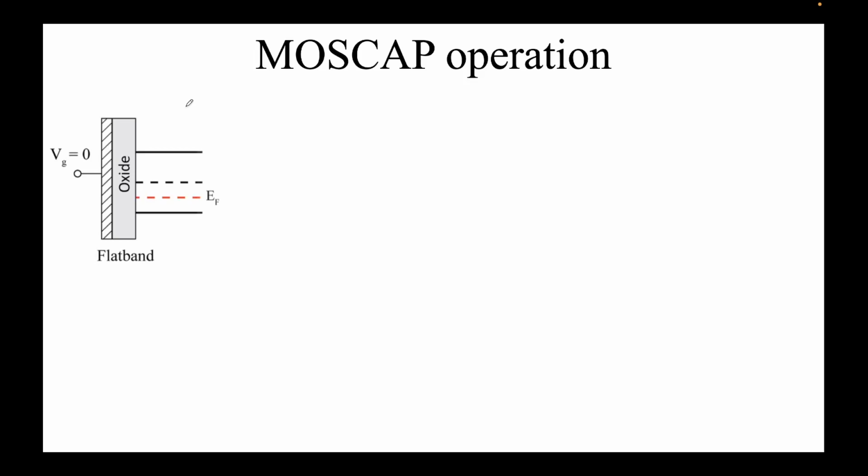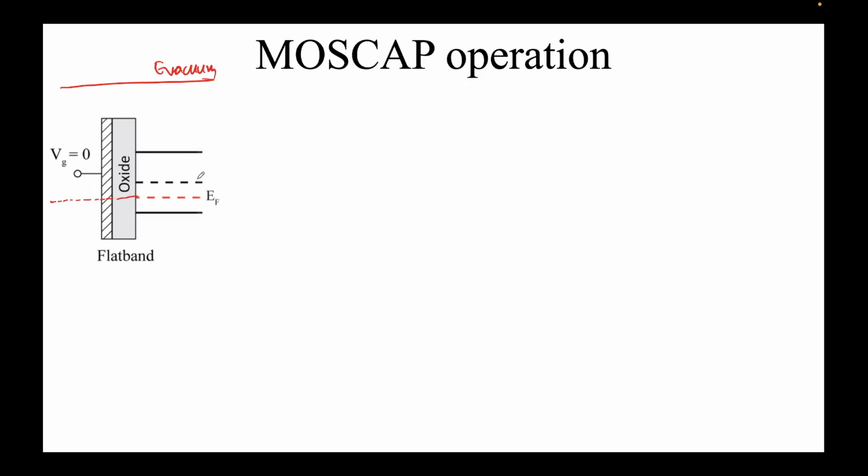Okay, so the first region that we have is what is known as the flat band. Flat band, as the name suggests, the bands remain flat, and please understand that I'm not applying any bias over here, so naturally the system is at equilibrium. And the EF will be constant throughout. I have not shown EF here on the metal side, but it will be the same, because remember we have assumed phi m equal to phi s, so whatever the vacuum level E vacuum is over here,